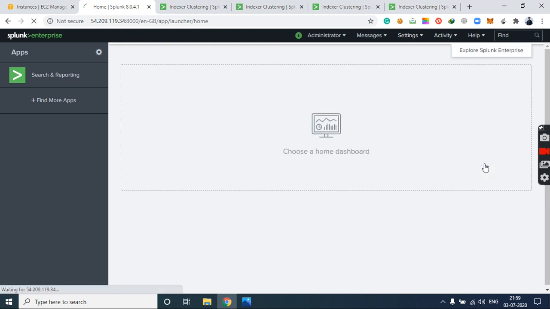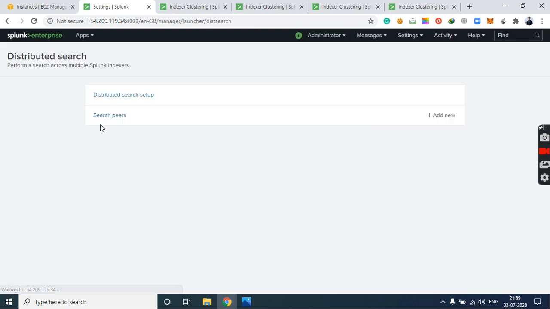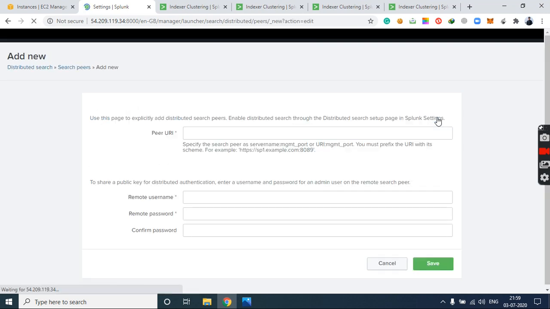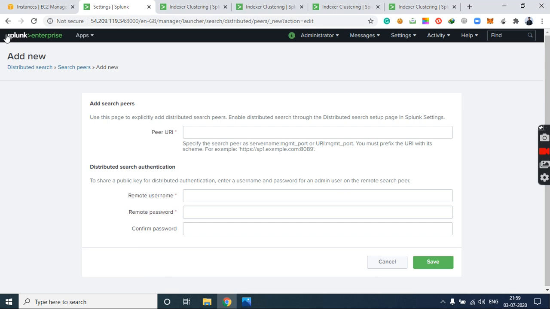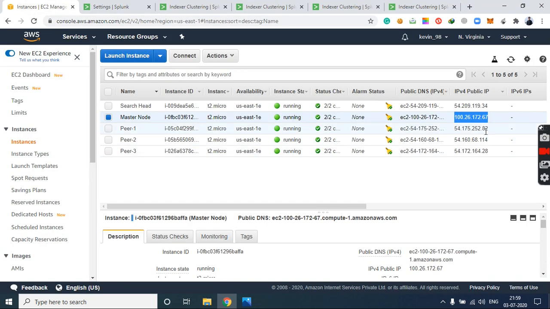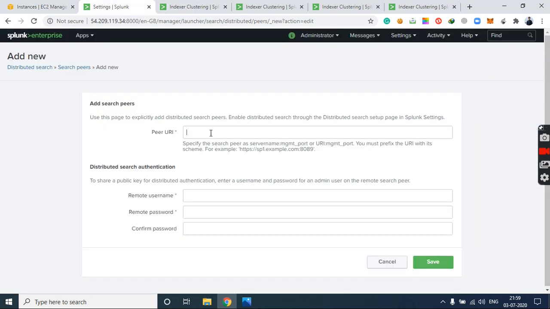Just go into distributed search, go to search peers, and then add new. Make sure you add the public IPs of each of the peer nodes into the search head. So just paste it and remember to write the port behind the IP, 8089.